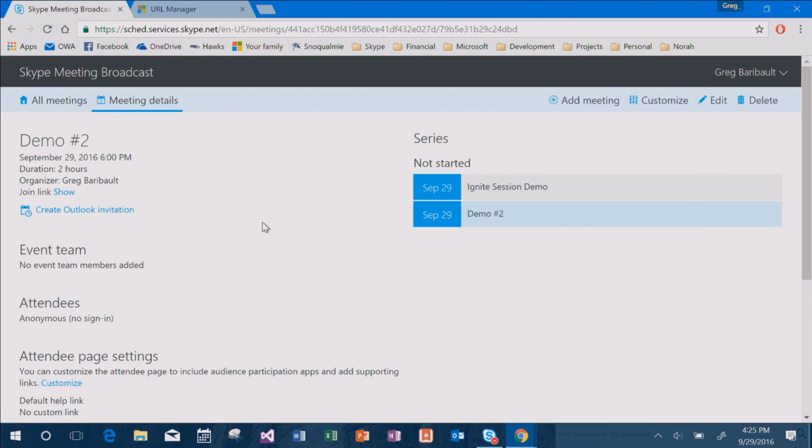So when I create this, what you'll see is something new, that we are now supporting meeting series. So I can have recurring events. I can call them the multiple R's. So I have reusable URLs. I have resilience in my scheduling.